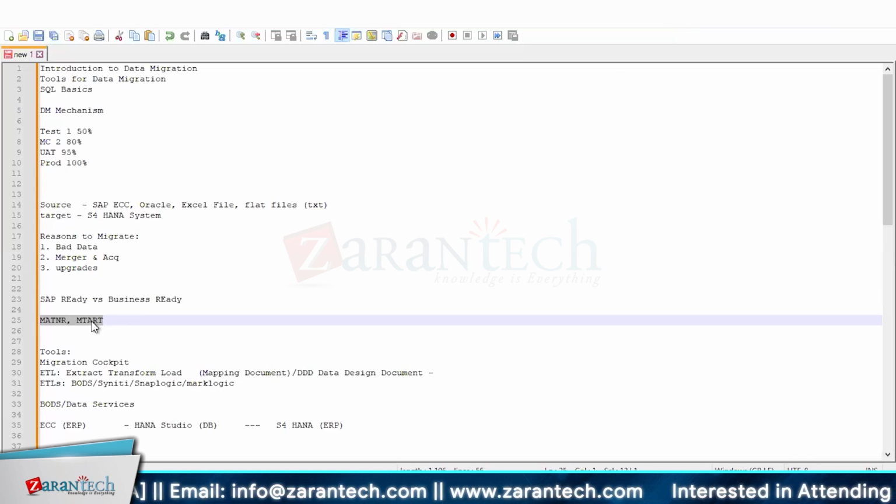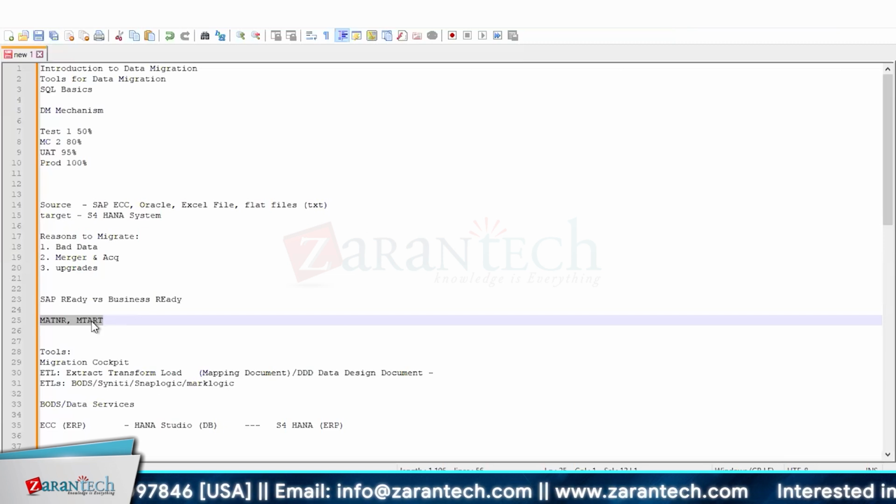Now, when we try to load, some of the fields cannot be mandatory. There are various fields which are not mandatory, or which are not configurable. It's up to me whether I push data or not. For example, for customers and vendors, telephone number is not mandatory. But what if business says, I will not allow any customer which has a telephone number like 11111, 5 digits. It has to be 10 digits. So what will you do? You will implement one more validation on top of your existing validations